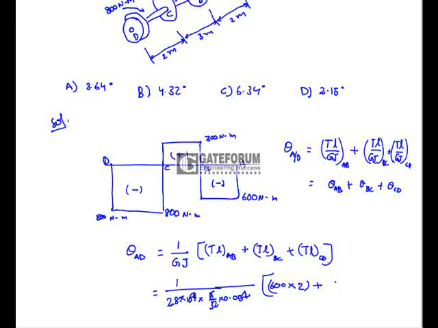Then it is 300 into 3, and minus 800 into 2, so it is minus 600 into 2 plus 300 into 3 minus 800 into 2, which gives a value of